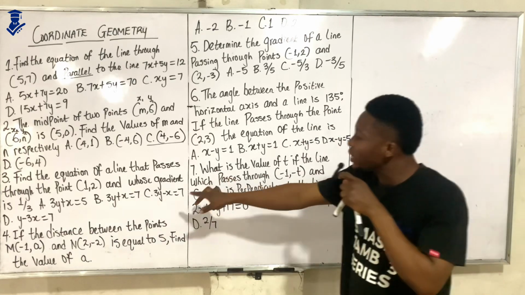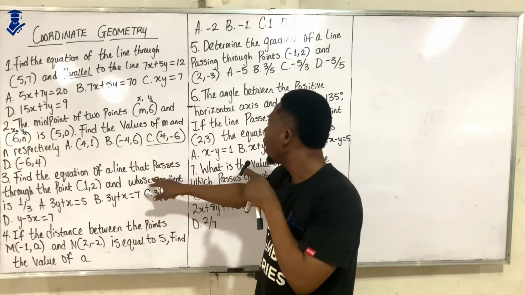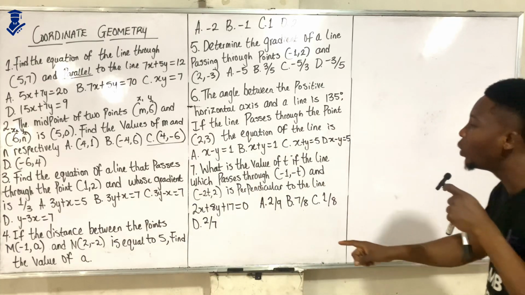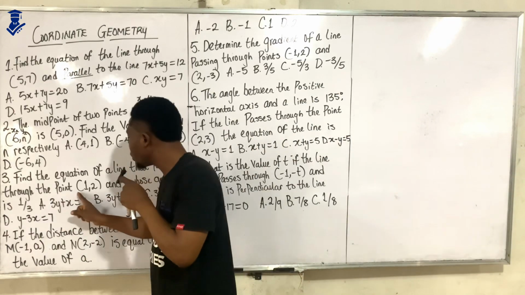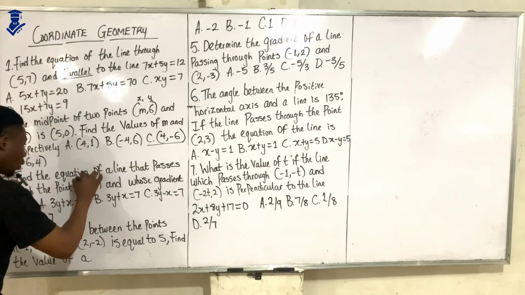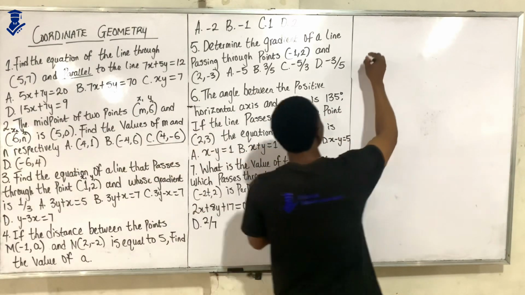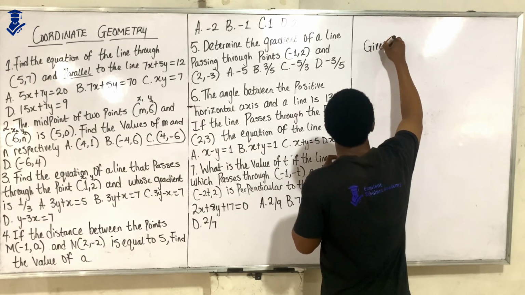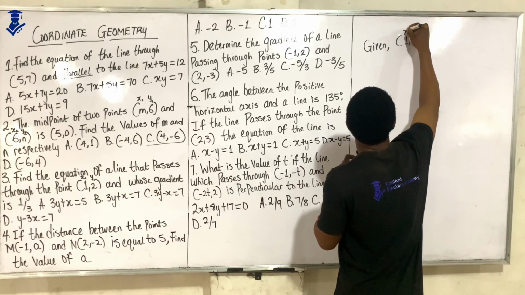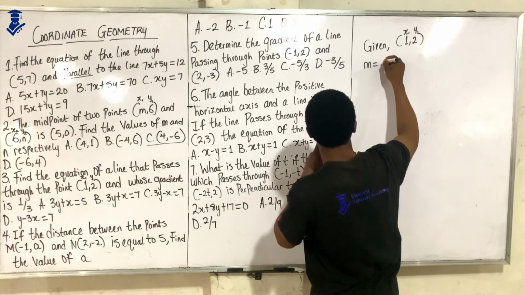Now the next question says, find the equation of a line that passes through the point 1, 2 and whose gradient is 1/3. Now, of course, this is always our x1 and our y1. Alright? So what are we given? We are given the point 1, 2. This is x1, this is y1, and then we know that the gradient, according to what they told us, is